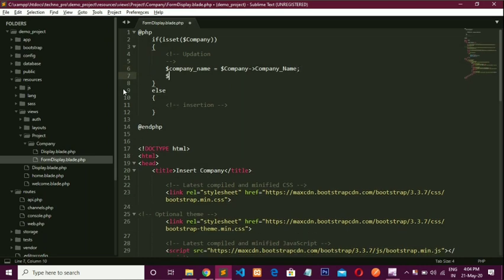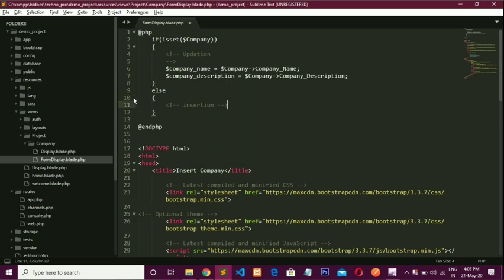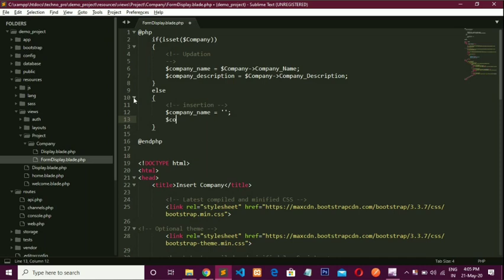Now the second is $description, so company description equals $company, and again copy this and paste it over here. If it is the insertion code, then we have to pass blank in these two variables. Name equals blank, and $company description is also blank.